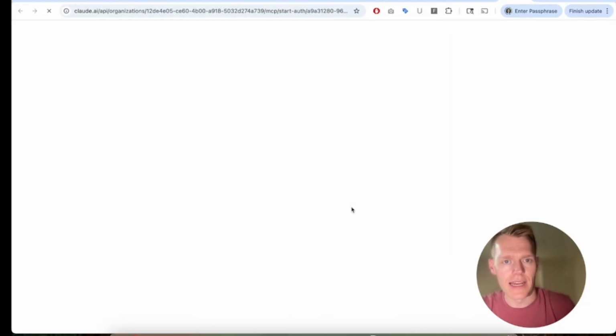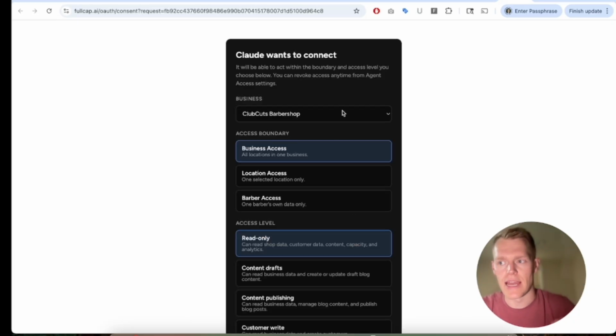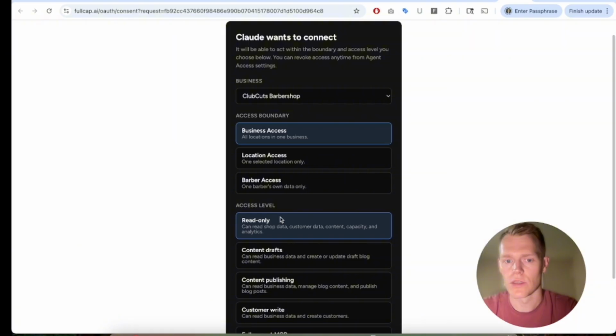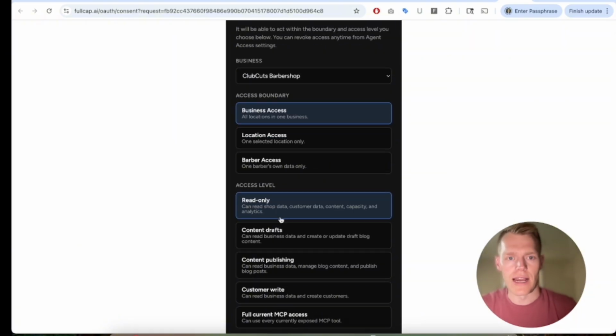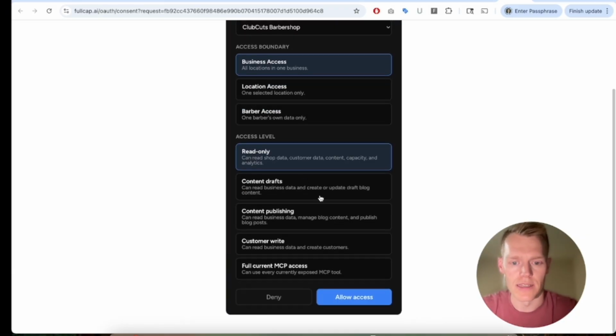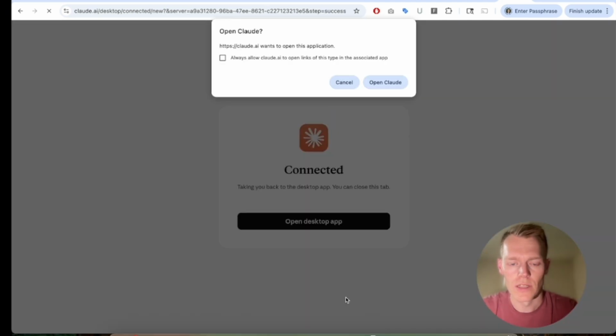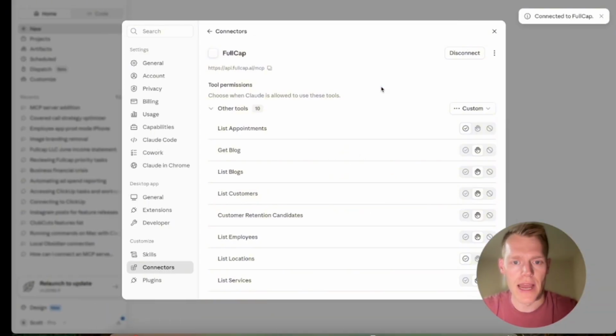So go ahead and click Connect, and it's going to jump you into FullCap, and it's going to ask for permissions. So right here, it's going to choose what business you want, and then what level of access you want. And this will depend based on your personal access to the businesses that you choose. So I'm just going to do business access and then read only, and this will give me access to all of the locations under my business. So I'll scroll down and I'll click allow, I'll connect it,